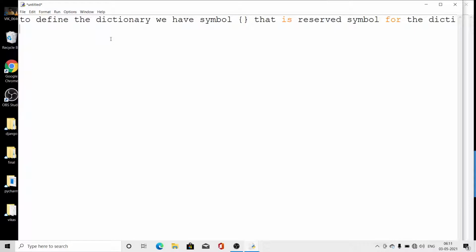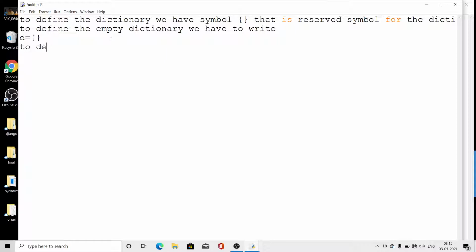Clear? So to define an empty dictionary, we have to write like this: variable name is equal to curly braces. It is an empty dictionary.